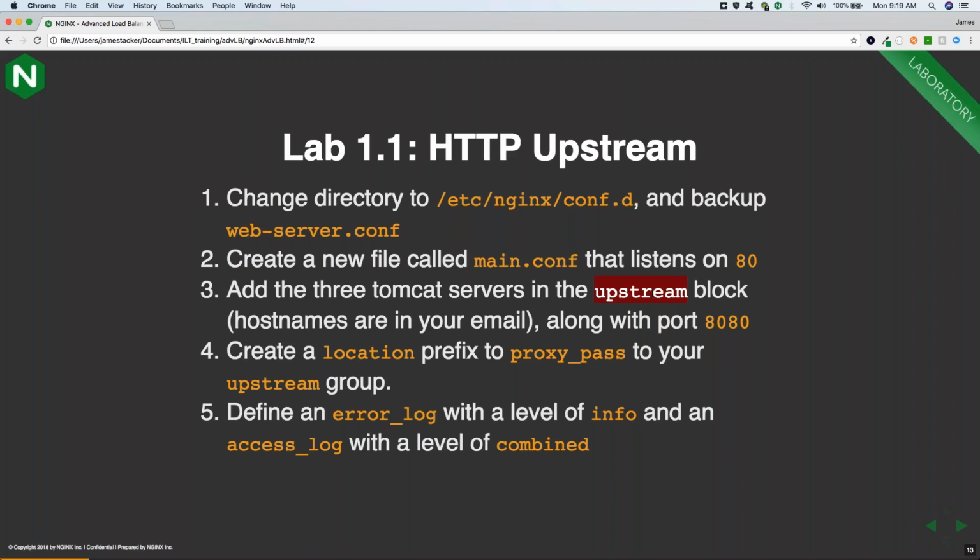If they are not, I'll do this lab with you, and I'll leave my config up so you guys can copy it. I can also post it in the chat window as well. The most important thing to remember here, though, is to make sure each of those servers are listening on port 8080 in your upstream. So once you're done with your upstream config, then you're going to open your server, which is going to be listening on 80,